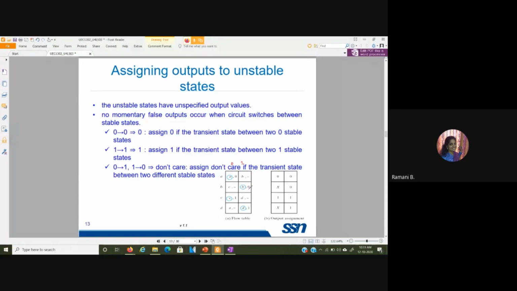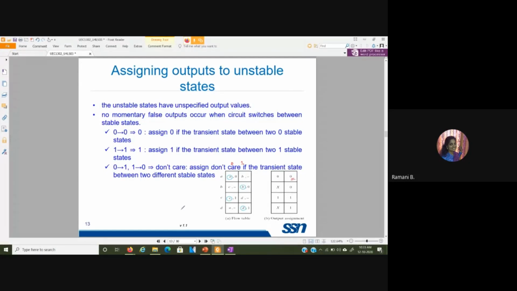So here if you check, the output for this is 0. So the transition, when we are moving from A, there also the output was 0, and we are settling down in B, there also the output is 0. So you can consider this output value to be 0. Okay?